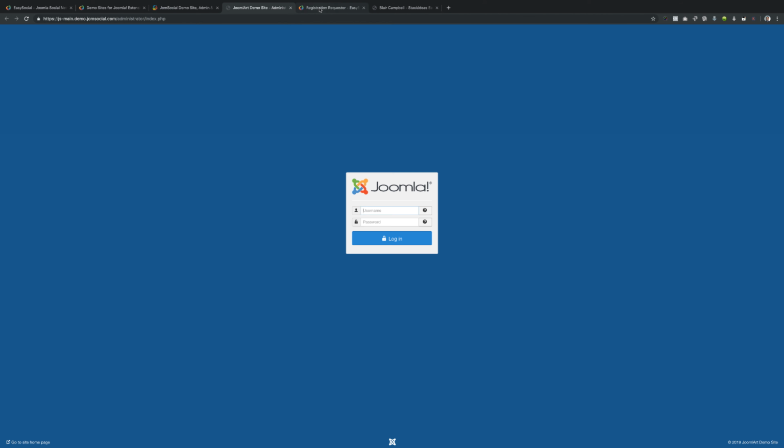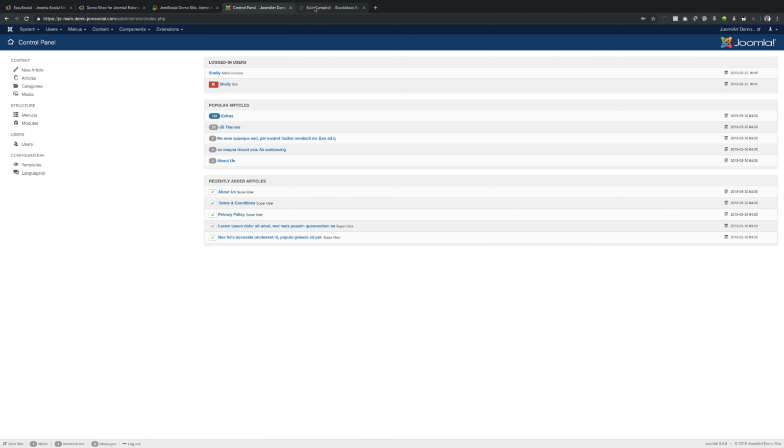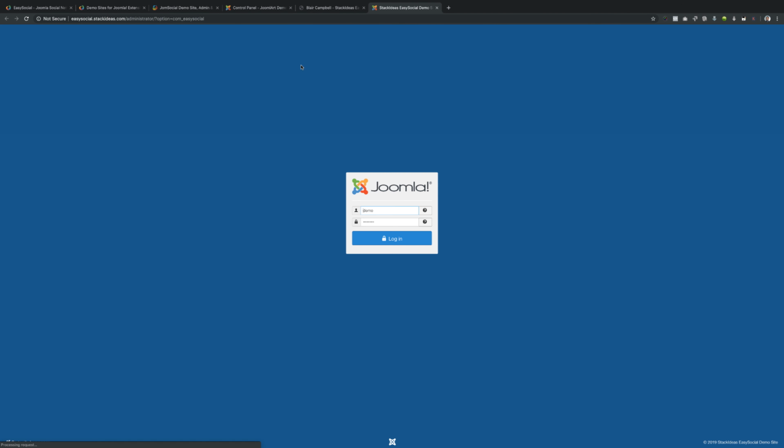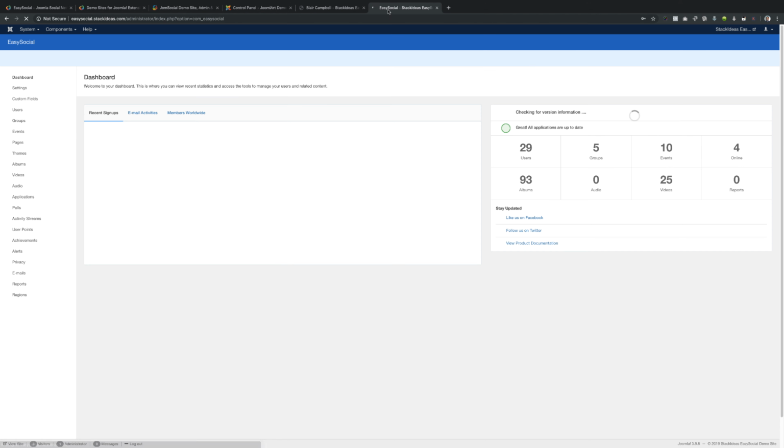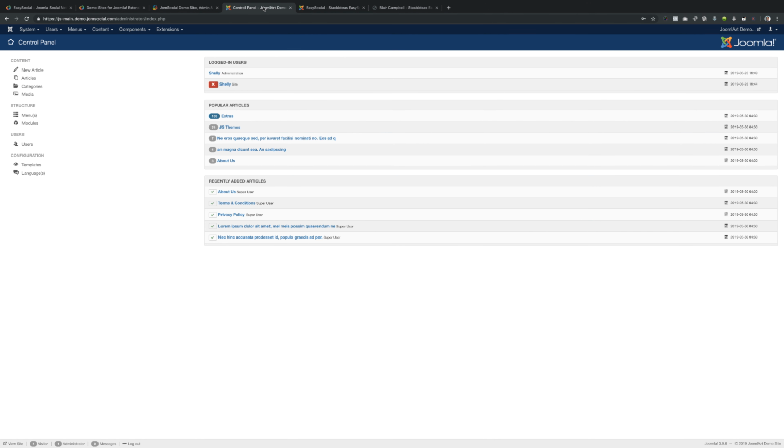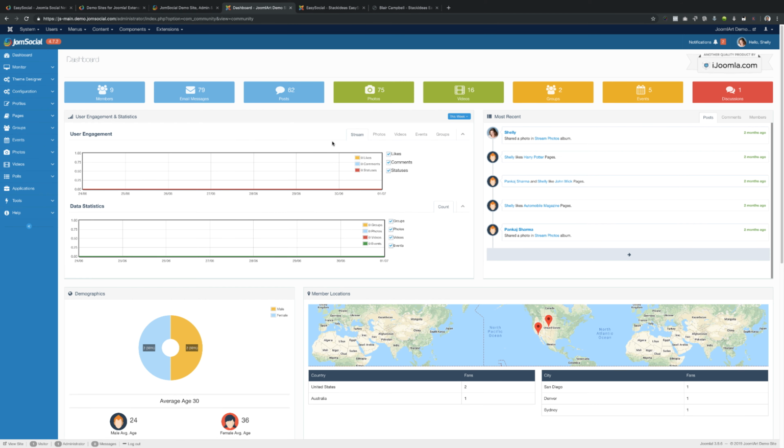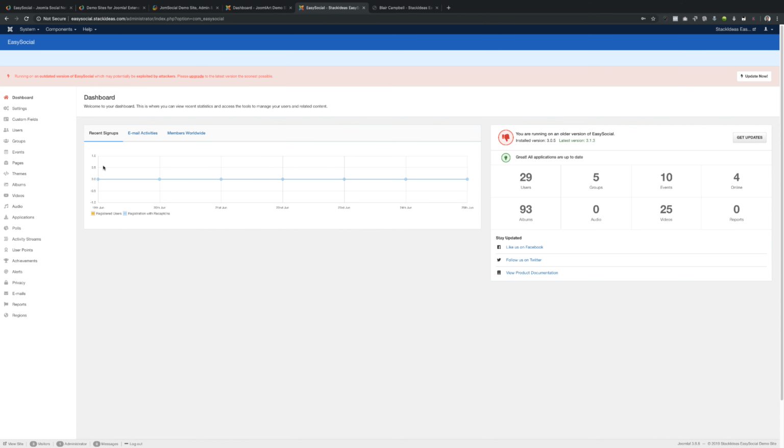So let's go to the back end and log in for Jomsocial. Now we are on the back end of Jomsocial. Let's go to the back end of Easysocial. And let me move them side by side. Okay, so go to components and Jomsocial. So right off the bat, when you log into the dashboard here,